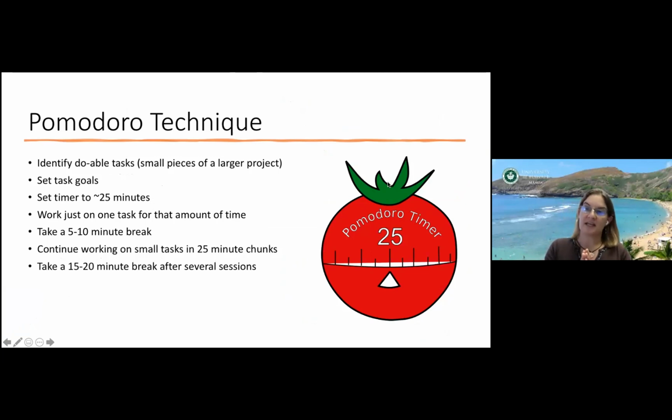The Pomodoro technique has been around quite a while now, and I think Pomodoro is actually copyrighted, but there's plenty of free timers online that you don't need to pay anything for. The basic idea is breaking work down into small chunks. So rather than saying, today I will write my lit review, say, today I will identify 10 articles that go into the section about this particular topic. And then another task will be, today I will identify the quotations that go into that section.